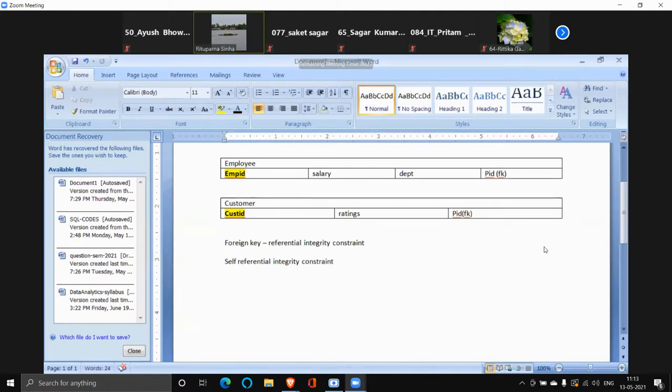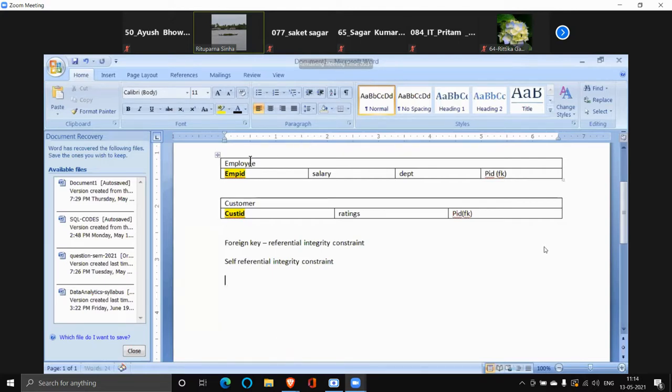What is this? Till yesterday, what we know is that foreign key means there will be a parent table and a child table. Both the tables are different. One will act as the parent table and the other will act as the child table. This is the thing we know, but it is not always so. Sometimes in some scenarios, you will find that the child and parent are the same table. The same table is acting as the parent table, and the same table is acting as the child table.